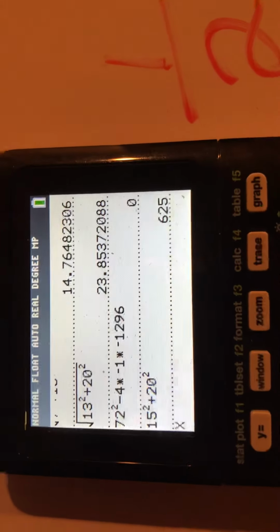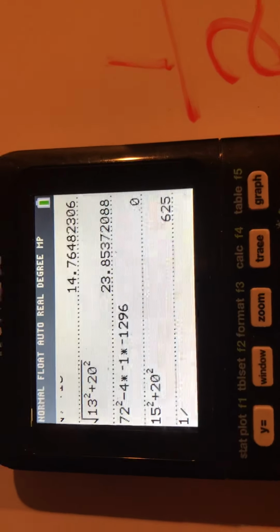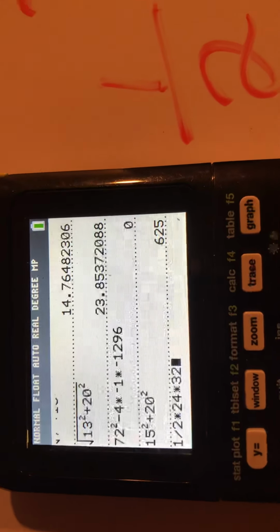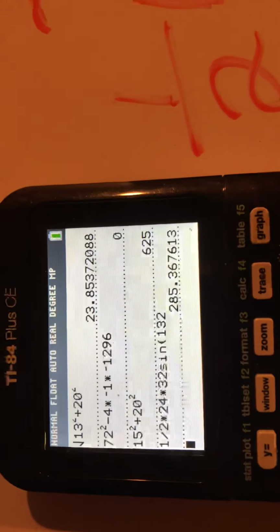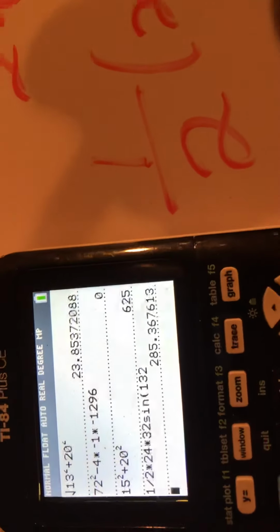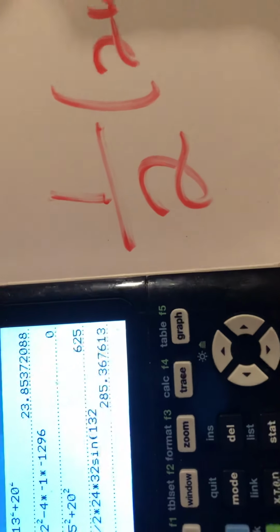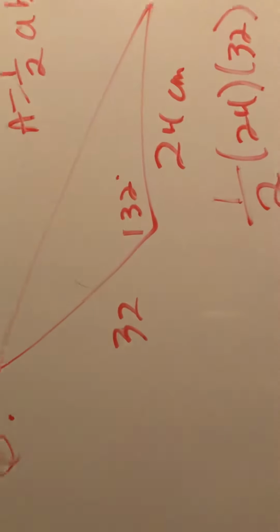Okay. Then we just do 1/2 times 24 times 32 sine 132. We round it to whatever we're asked to round it to, which on this, it is to the nearest tenth. So it'd be 285.4 centimeters squared. Okay, so that's number 6. Then number 7,